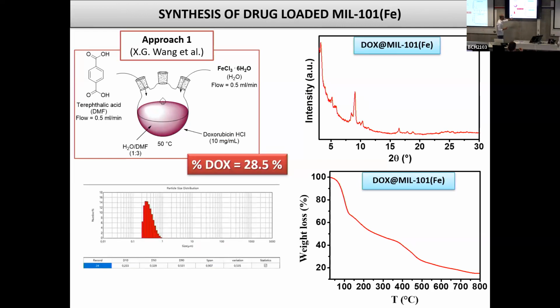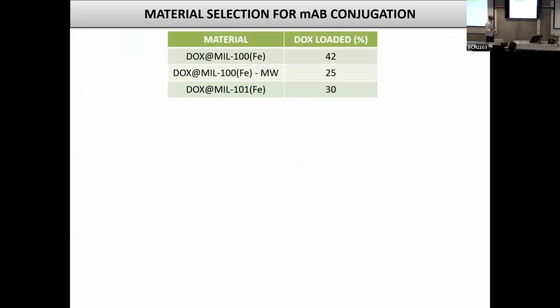However, we observed a big dimension of the particle and a non-optimal distribution of the particle size. So in the light of the results, we chose the system of MIL100 as the system to perform the successive